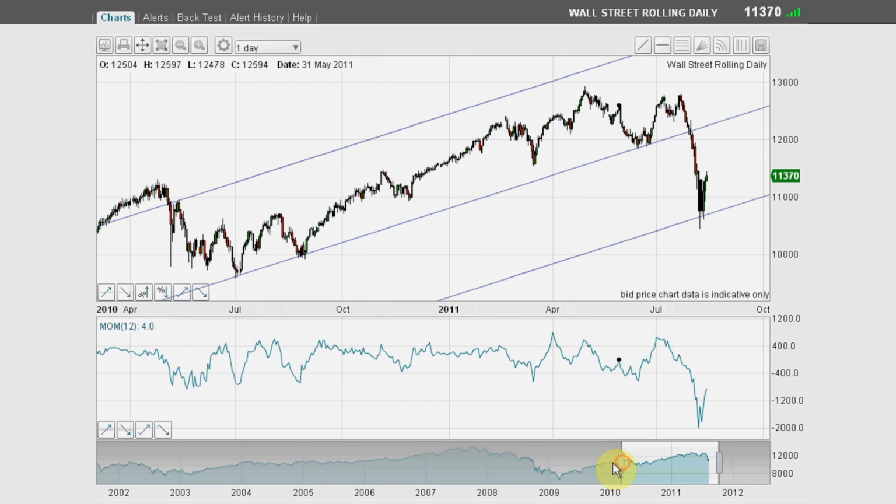Okay, so we've got our tram lines, and when the market came down to my central tram line, these are obviously buy points. You'd be buying in this region here, buying in this region here. We missed those two, by the way. But this is such a very long-term tram line. There are other tram lines at work, of course, all the time.